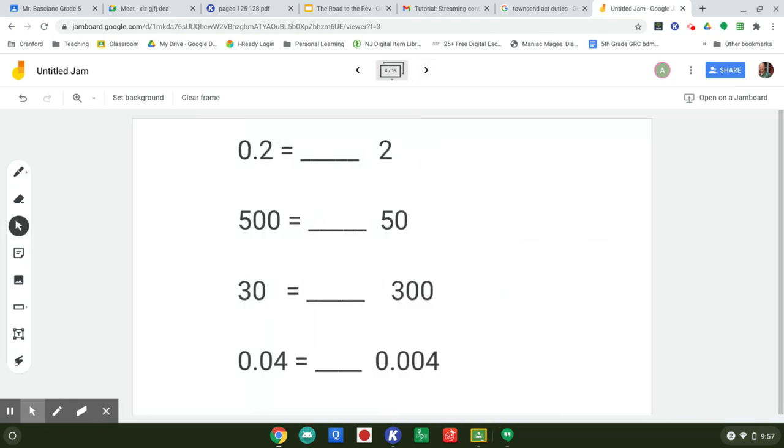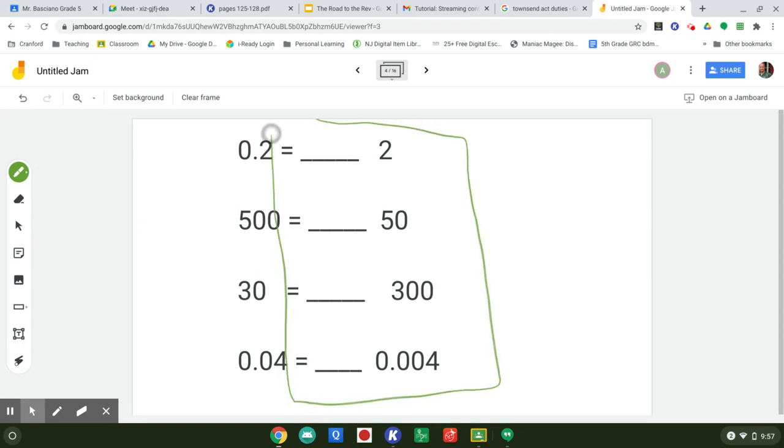Why don't you try and figure out those on your own? Take a little bit of a guess. You can pause the video and resume and check your work. For here, I need to know, well, what am I doing to these in this column, right? Do I need to make these bigger or smaller to get to the number on the left, right? So for our first one, we need to make sure we are doing